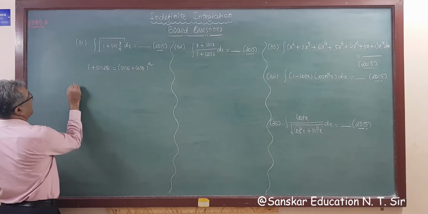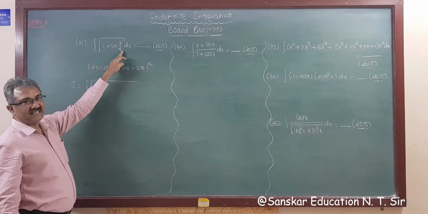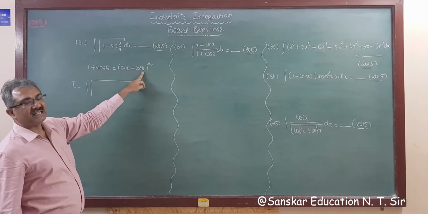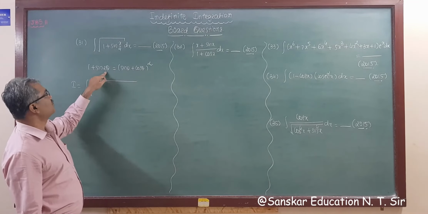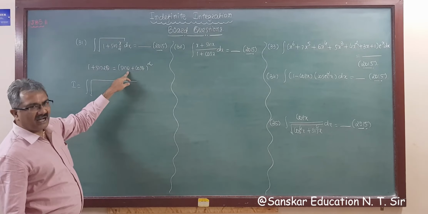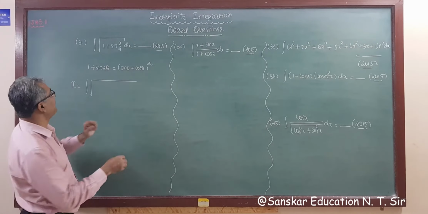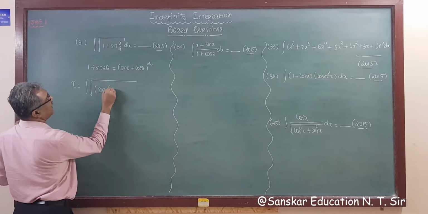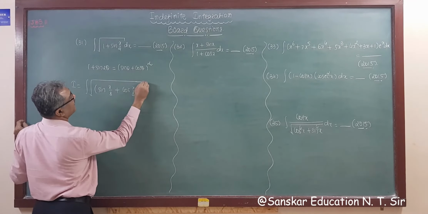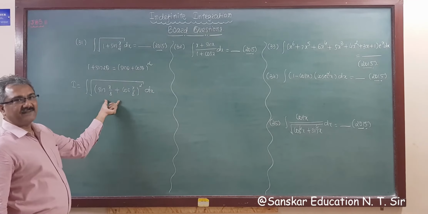So I is equal to the given integration under root. This is 1 plus sin x by 4. So half of this is x by 8. So this is sin x by 8 plus cos x by 8 whole square. Either take 2 into x by 2, 2 theta, right? So 2 theta becomes half. So half of this x by 4 is x by 4 divided by 2, that is x by 8. So this is a perfect square of sine x by 8 plus cos x by 8 whole square and dx, right? So this is a perfect square and this is a square root.